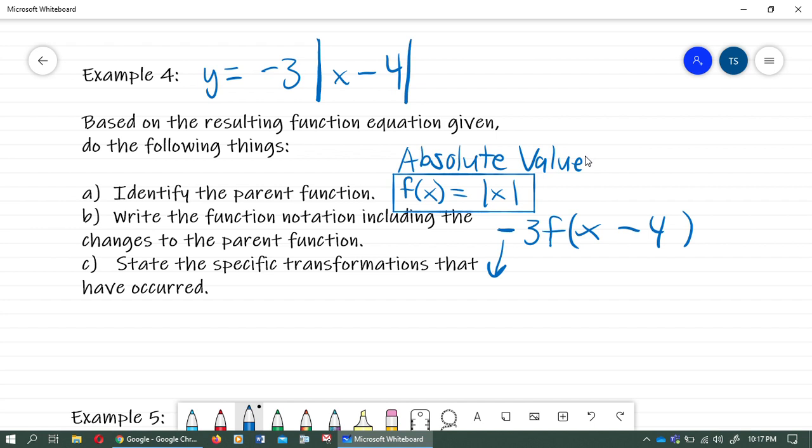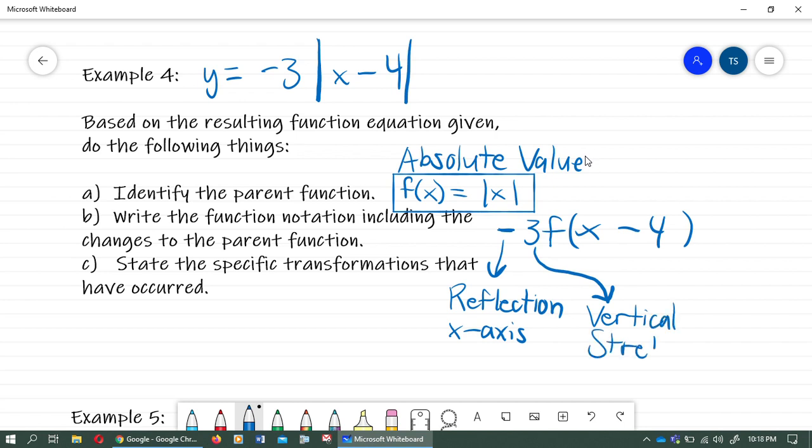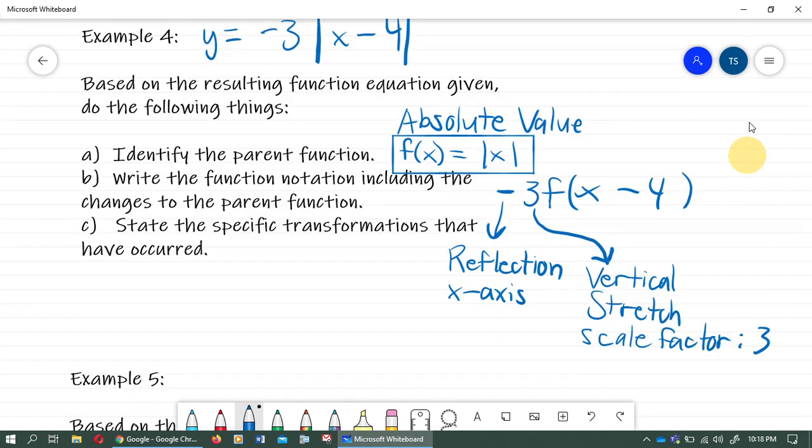So the negative here is going to be a vertical reflection, and specifically it's going to be a reflection over the x-axis. This 3 being multiplied on the outside is going to be a vertical dilation, and specifically is going to be a vertical stretch with a scale factor of 3. All right, that's this one. Next,